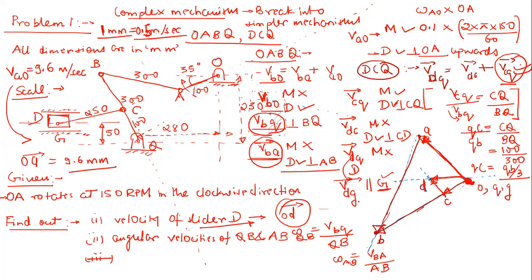Okay, one more important thing: why do we need to make our mechanism so much complex? Can anyone give me a suitable reason, right? If it is a slider crank mechanism, why don't we directly use a simple slider crank mechanism? Can anyone give me some reason? What is the reason we are doing all these things? Why is this mechanism so complex, even if it is going to be used for, let's say, a reciprocating pump or compressor? Can anyone tell me?